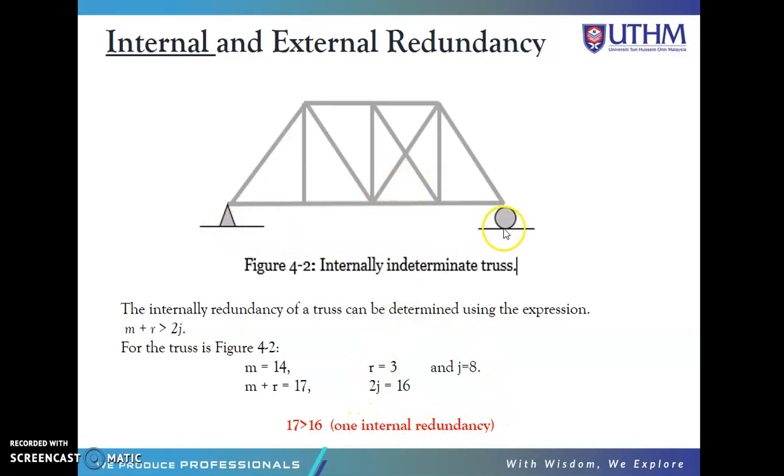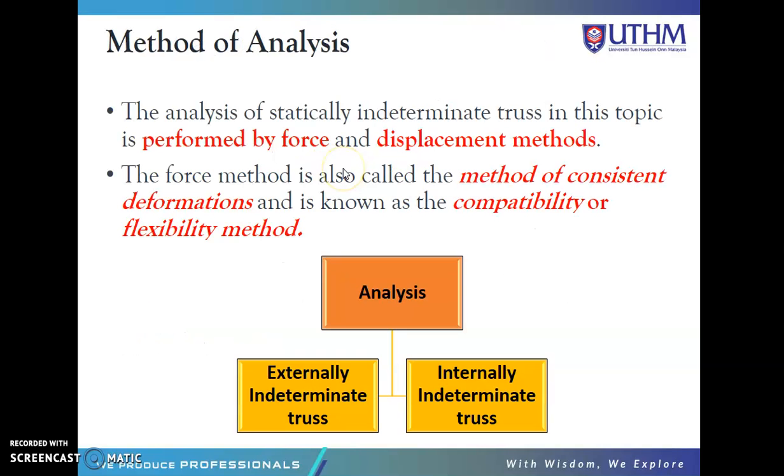So, since there is no number of reaction exceeding the equilibrium equation, in this case, yang lebihnya adalah internal redundant. So, internal tu maksudnya member lah. Okay. So, this is the method of the analysis, which is the analysis of the statically indeterminate trusses in this